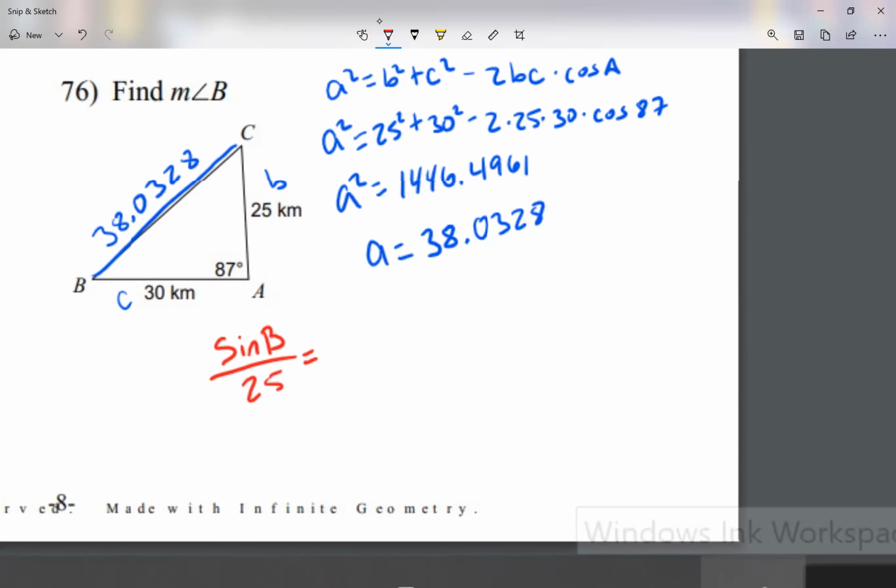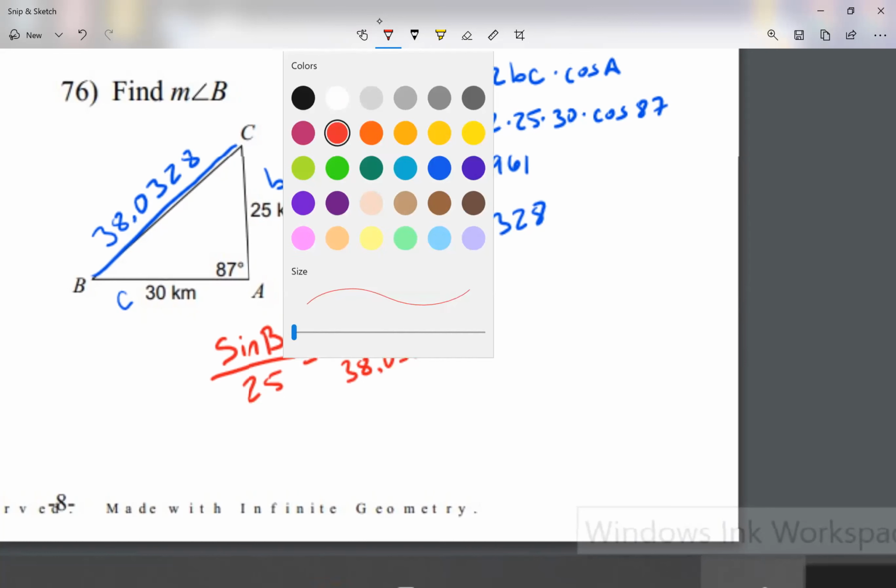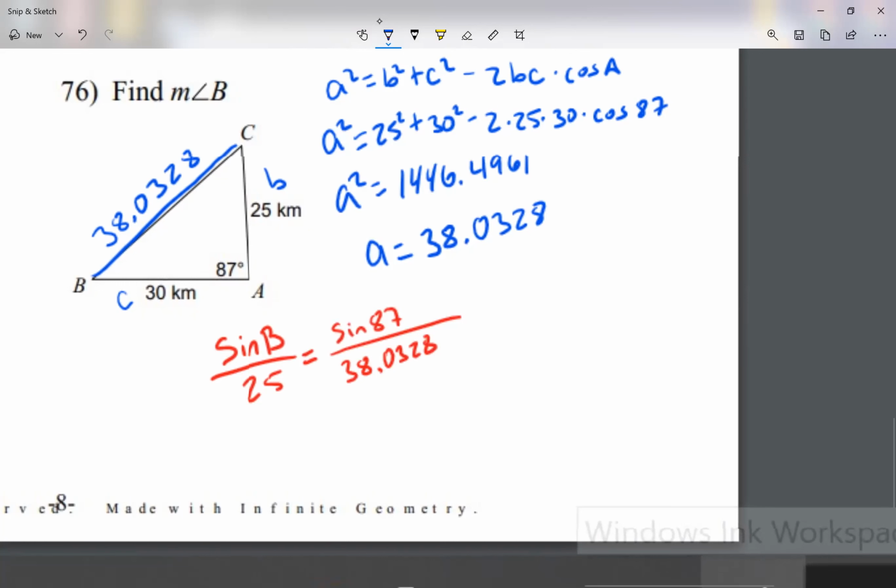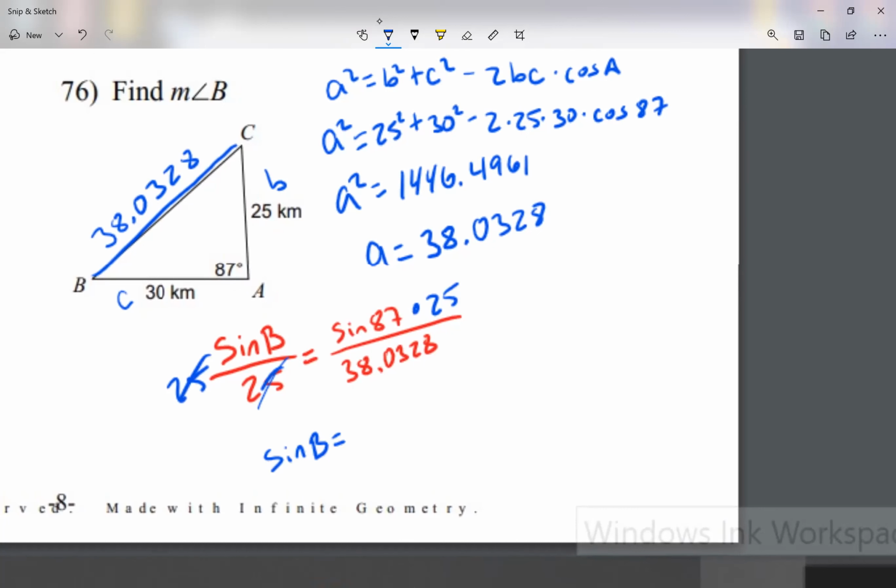Notice I went sine over side is equal to sine of 87 over 38.0328. And I have to multiply both sides by 25. So I'm going to put my 25 on top of my fraction. So sine of B is sine of 87 times 25 divided by